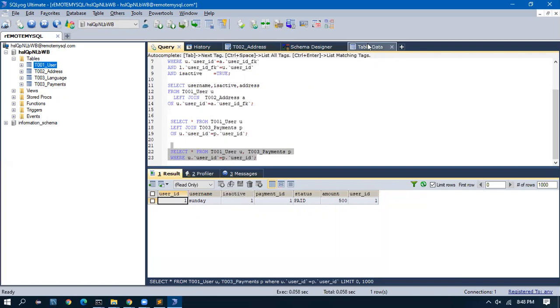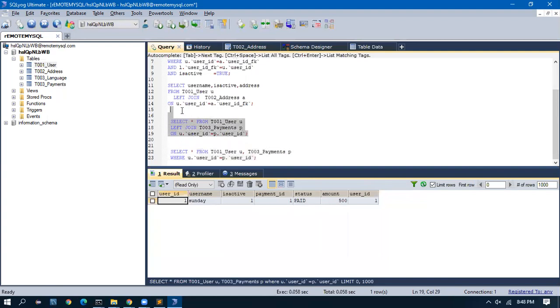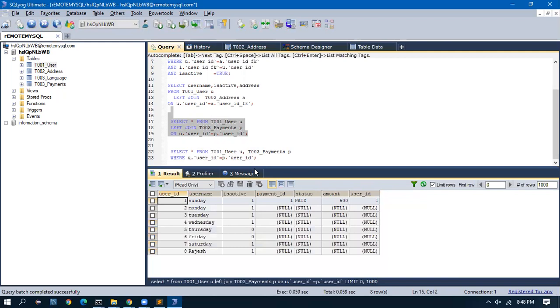Irrespective of whether they have done a payment or not, we should be fetching their record. That is where the join comes. Now let us say we are running this report and giving it, and he asks, why are you giving me the paid status? Please ignore the paid status and give the records.